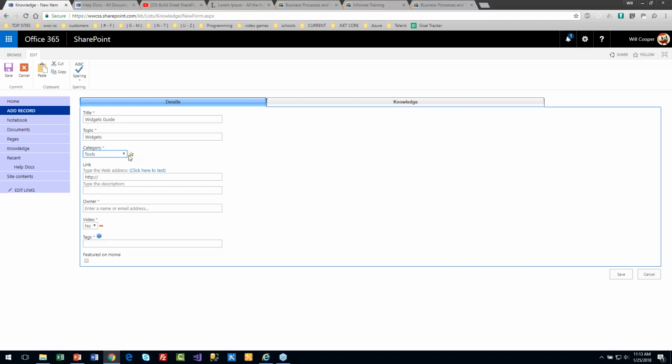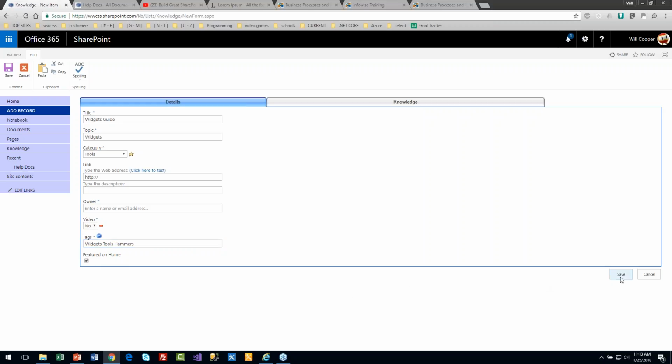Notice we have these icons. That really helps a lot. We don't want to have a boring list with just gray text on there. This kind of helps the dashboards look better. I mentioned the tags, so I can just put words down here, and this helps for search purposes. Whatever I want to type in here. Okay. And then if I want to feature at home, all I got to do is check the box, and